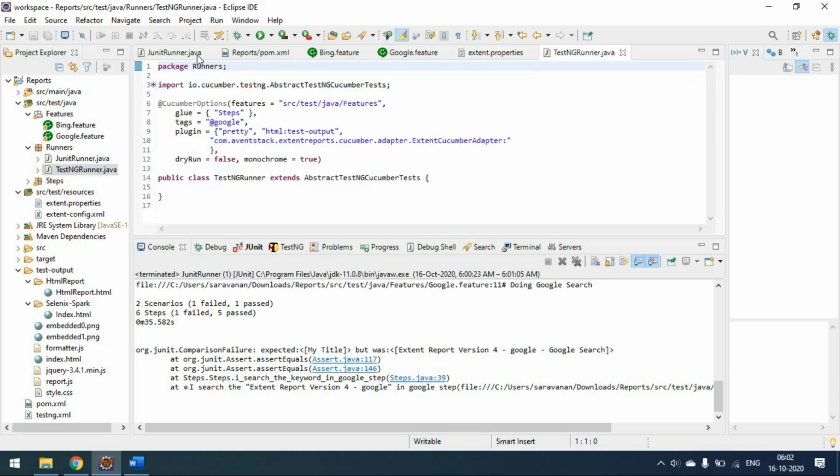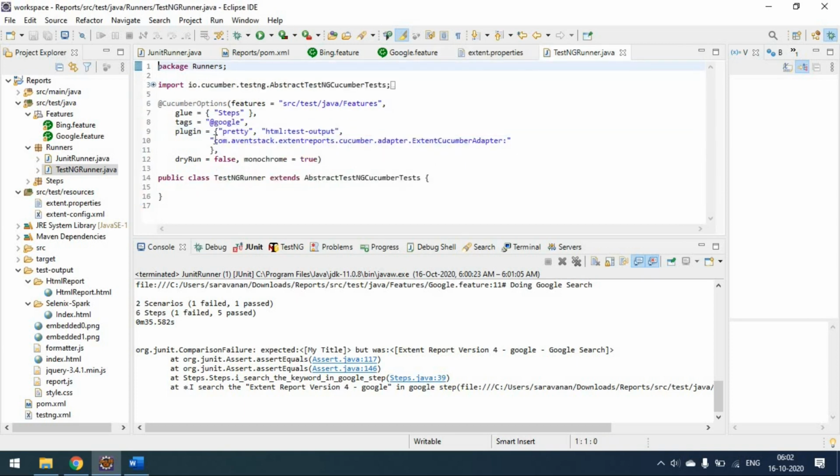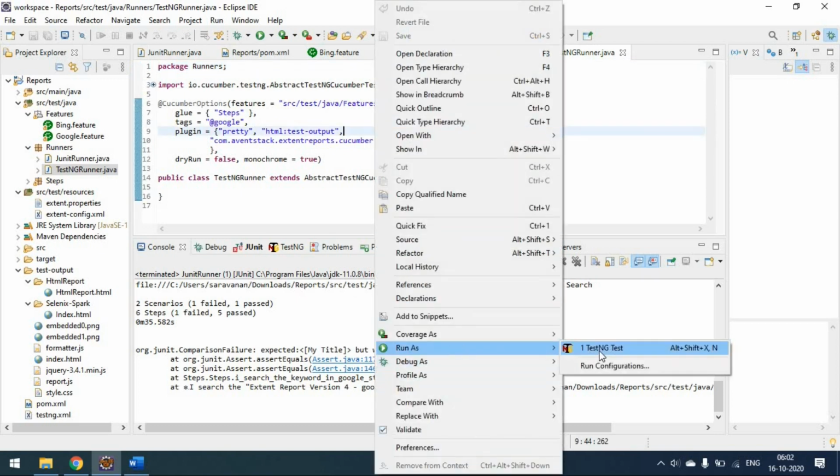The last two times we ran the JUnit runner, with the same setup. So you have to append this plugin to your Cucumber options. That's it. I will run this file now.